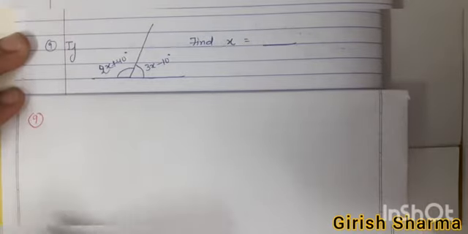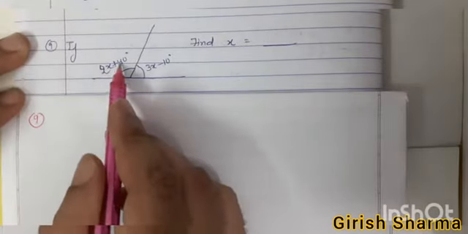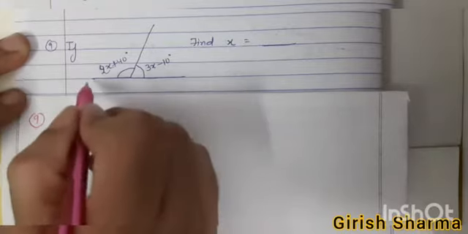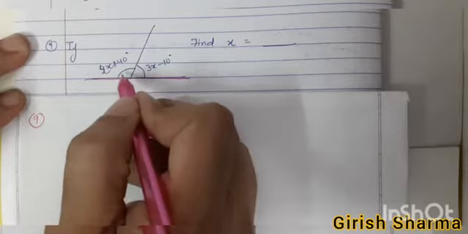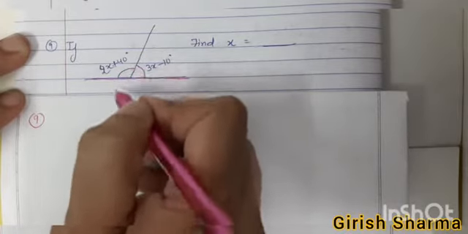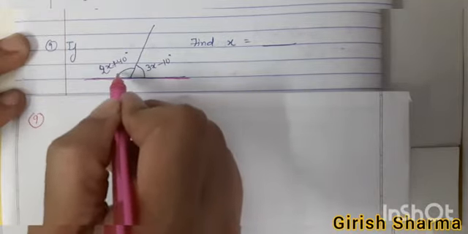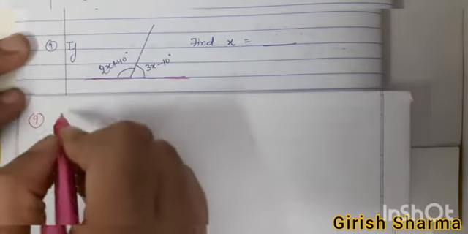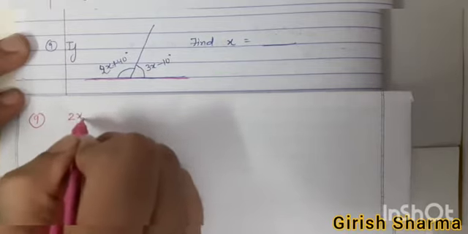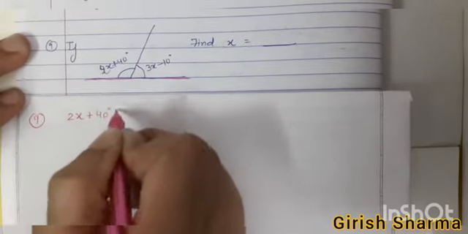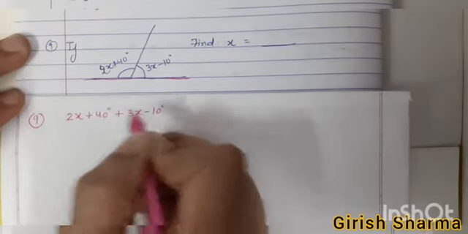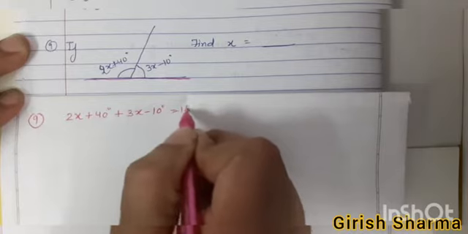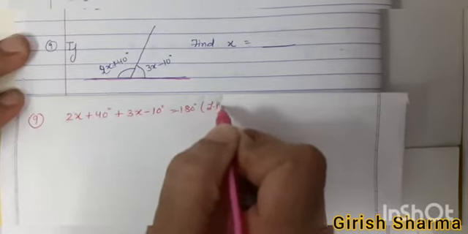Yes, come on, question number 9. See here, 2x plus 40 degrees and 3x minus 10 degrees, and these angles are on a line. So this is the line and it is intersected by another line. Okay, so this converts into a linear pair, no? The sum of a linear pair, we know, is just like supplementary. Supplementary means the sum of these two is 180 degrees. So 2x plus 40 and 3x minus 10, the sum of these two is equal to 180 degrees. This is by linear pair.